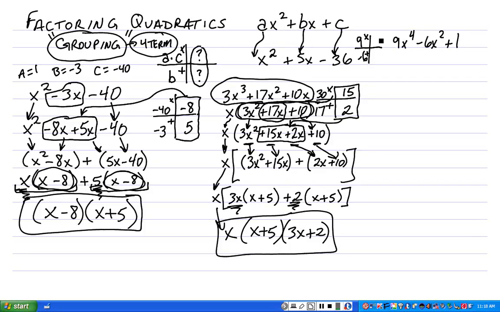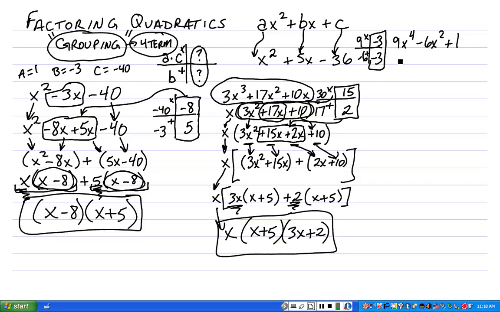Alright, and I know what 9 is either 9 and a 1 or 3 and a 3. Well, 3 times 3 gives me a positive 9. 3 plus 3 gives me a positive 6, but I need a negative 6. So that tells me I need to change the sign on these 3's. So now, negative 3 times a negative 3 is a positive 9. Negative 3 plus a negative 3 is a negative 6. So now I have my